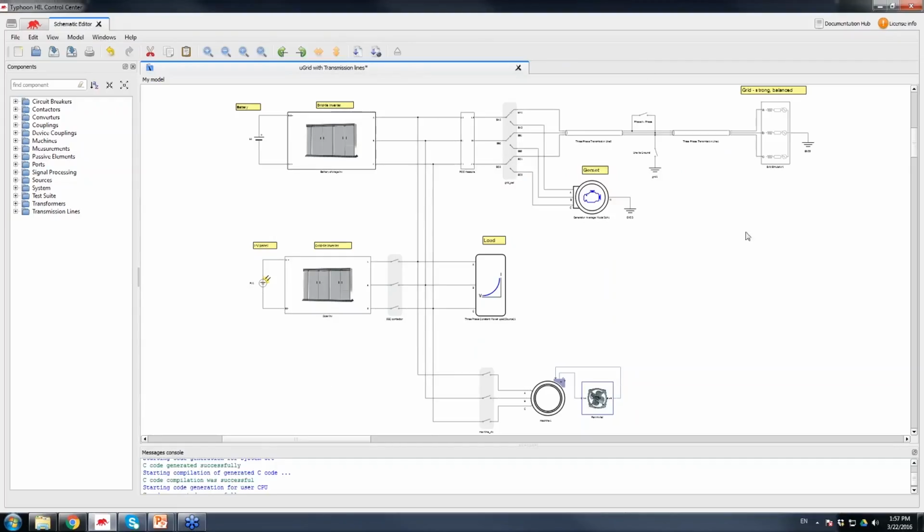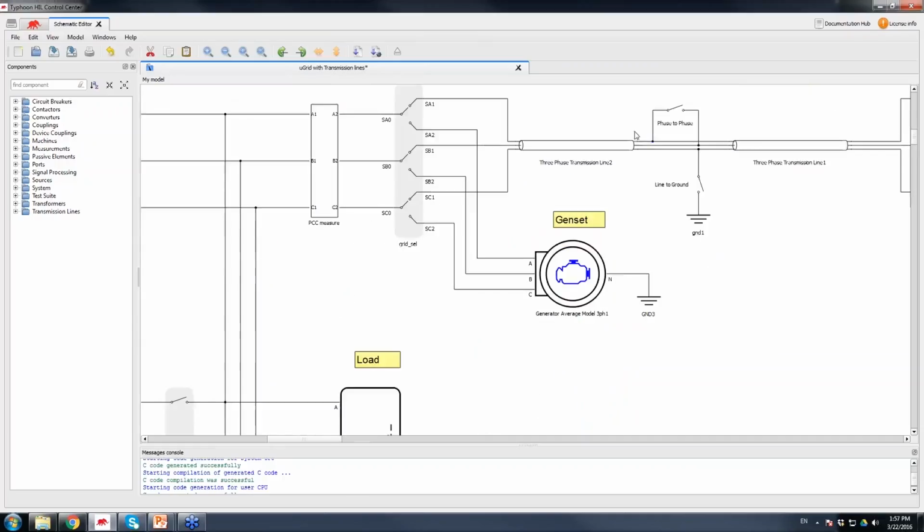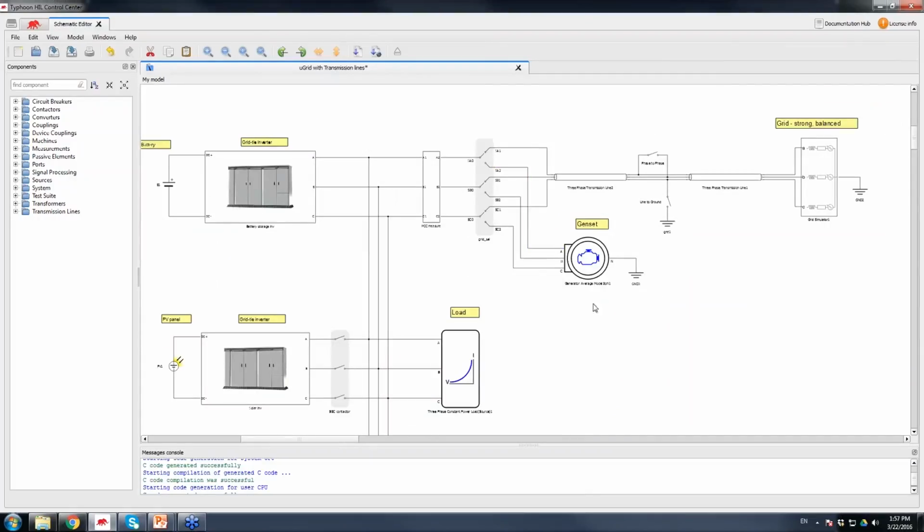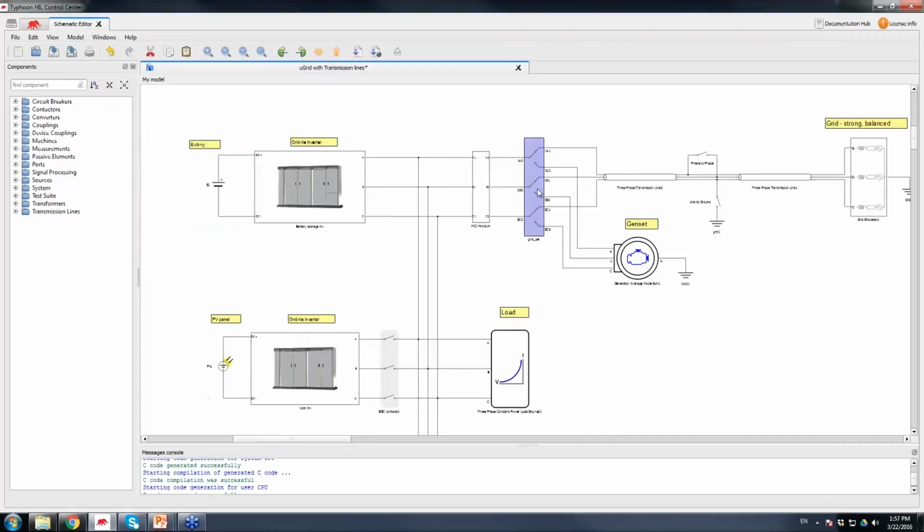So the similar schematic to the one that you saw in the presentation slide, you can also see here on the screen. So we are going to simulate a grid with a bit more detail, meaning we are adding some transmission line models and few switches that we are going to use to simulate different faults on the side of the grid. And as well, we are going to simulate one generator model